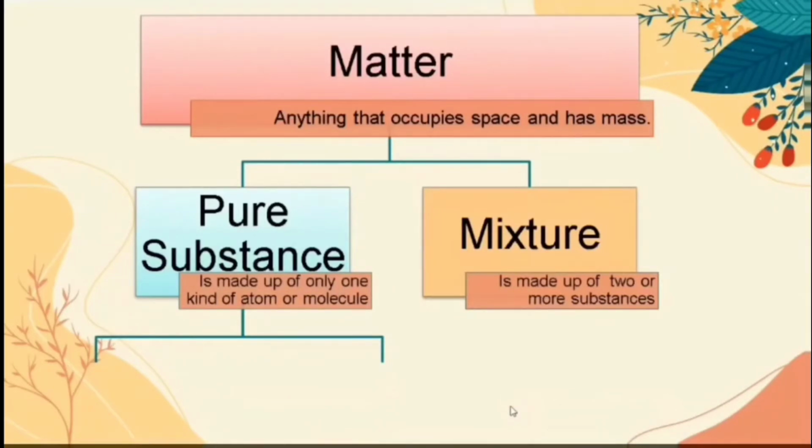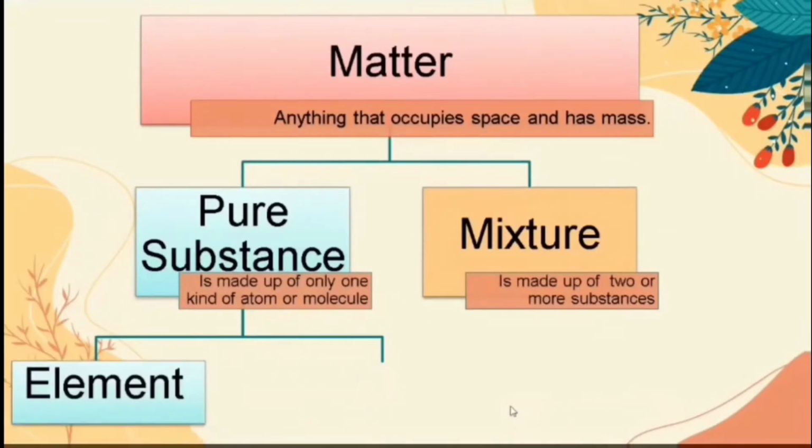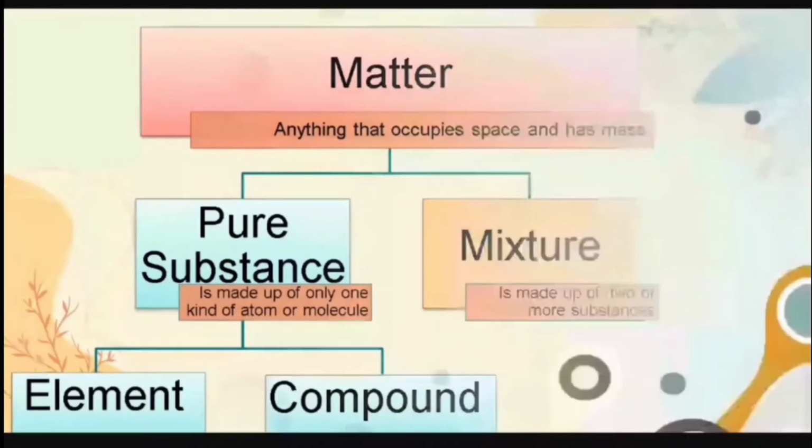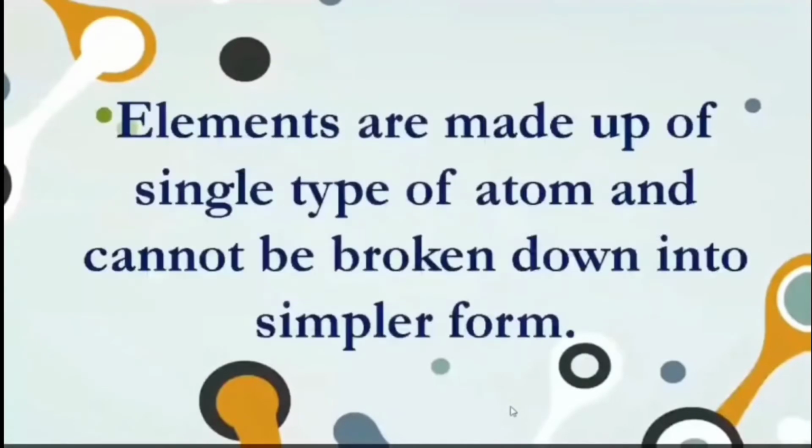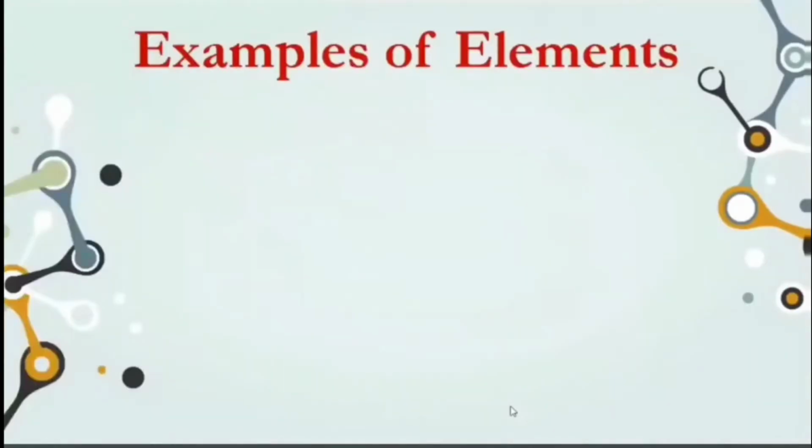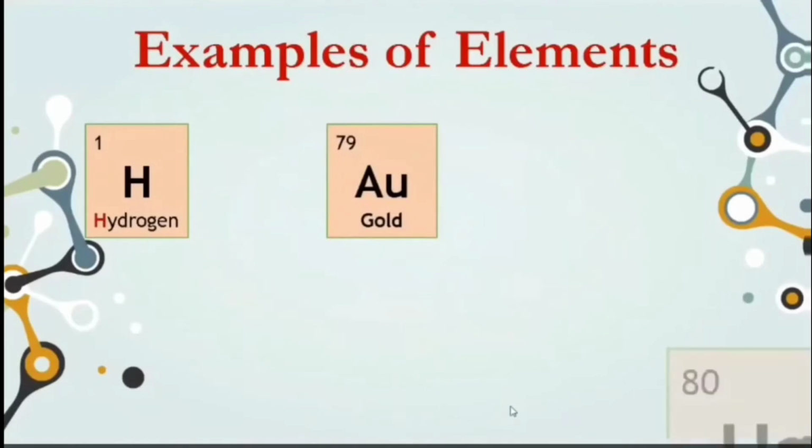Your Module 3 discusses pure substances. Pure substances are made up of only one kind of atom or molecule. There are two types of pure substances, namely elements and compounds. Elements are made up of a single type of atom and cannot be broken down into simpler form. Examples of elements are hydrogen, gold,